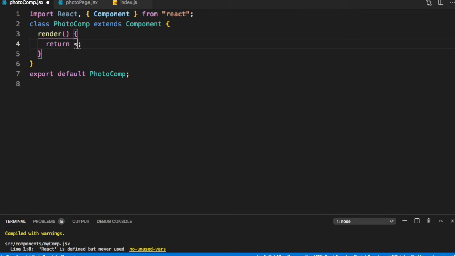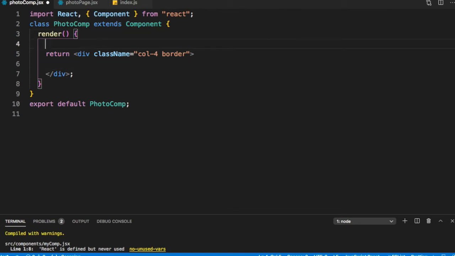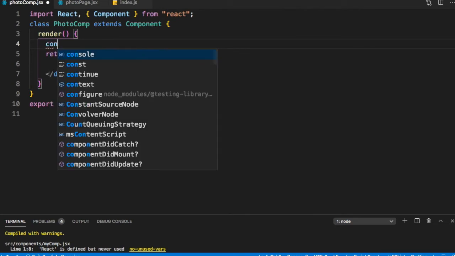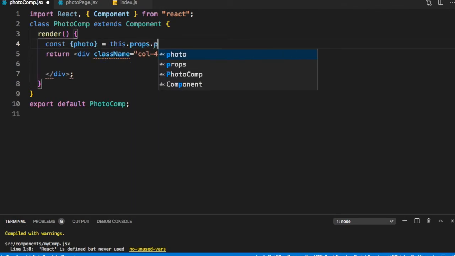I can say div className equal to col-4, and let's say there is a border. Now within that we would just want to show the image, so we are getting that through props. So let's just destructure it. Let's say const photo is this.props.photo.